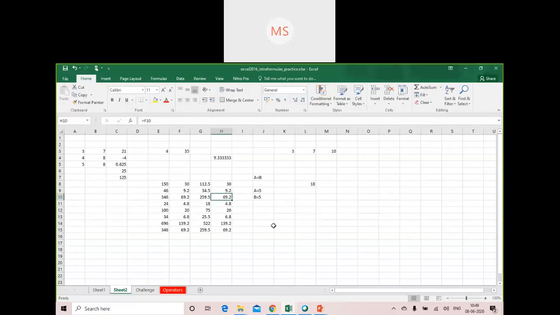As you can see, in cell L8 the value is 18. That cell consists of a complex formula where I am making use of two operators, a multiplication operator and an addition operator, performing two operations. First it does the multiplication and later the addition. Whatever the result of the multiplication is, that will be added to the number 8, and the result will appear in this particular cell.